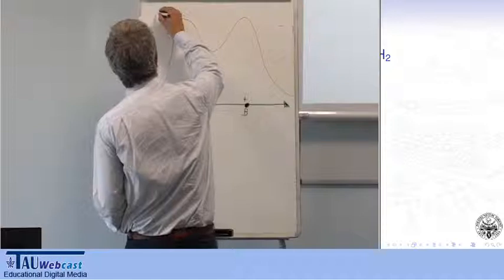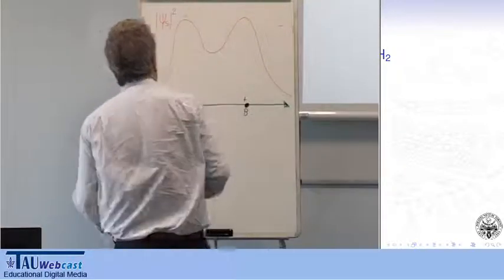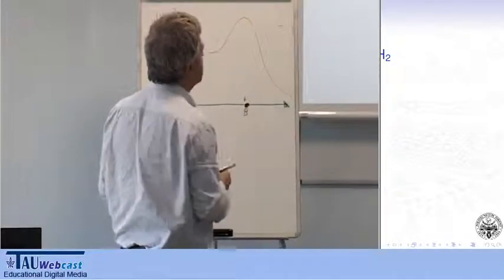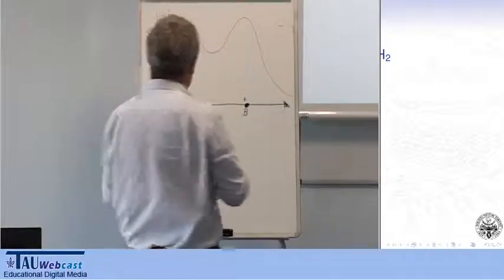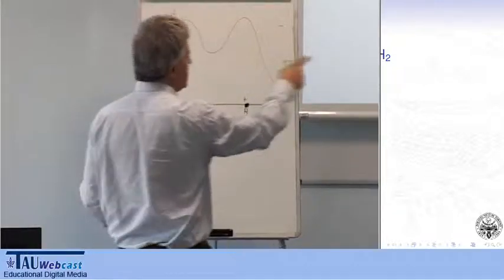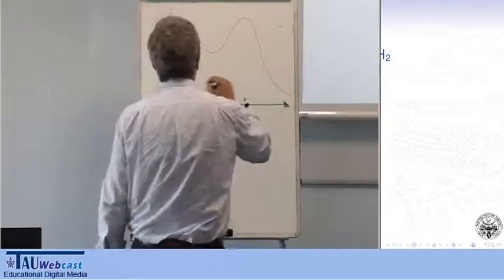So this can be the square modulus of the symmetrical form, obtained by the sum of the two wave functions. And here I can do the same for the asymmetrical form, but what we can get is